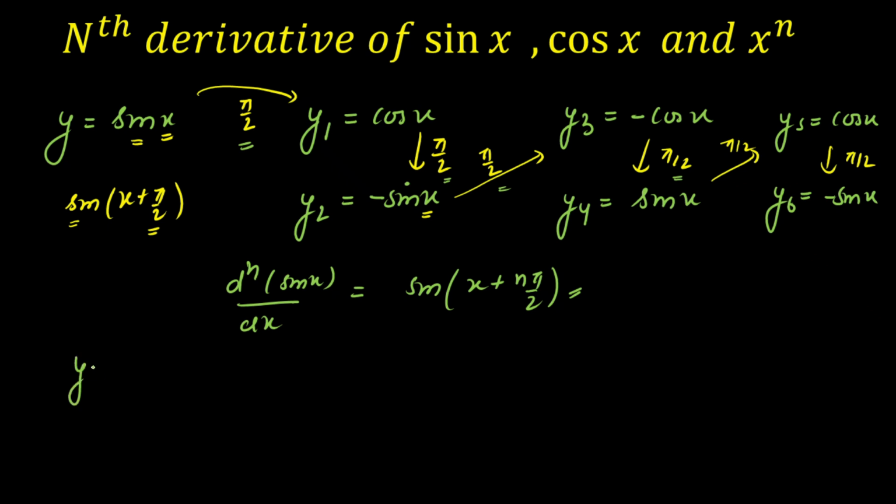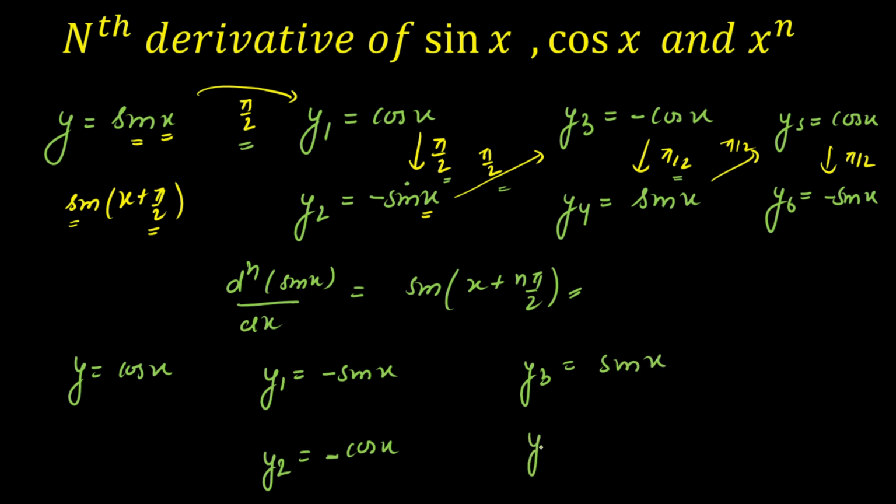So let's say y is equal to cos of x. Now I want to differentiate cos of x n times. So let's differentiate this one time, that is dy by dx. I'm representing it with y1 again, and that is minus sin of x, differentiation of cos of x with respect to x. Similarly, the second order derivative, that is d2y by dx square, will be differentiation of minus sin of x, that is minus cos of x. Now y3 will be differentiation of minus cos of x, that is sin of x, and y4 will be differentiation of sin of x, that is cos of x, and y5 will be equal to minus sin of x, and y6 will be equal to minus cos of x.